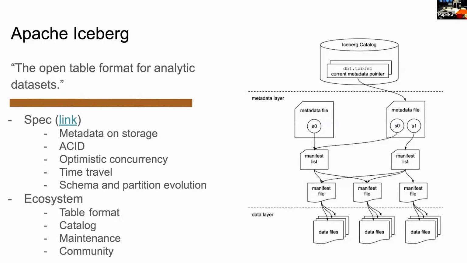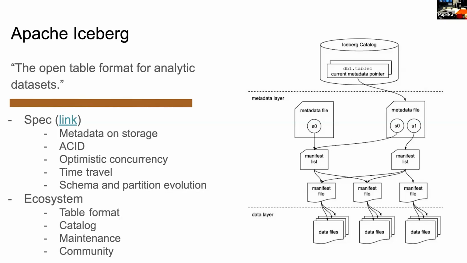Since this is a specification, there are reference implementations. The one that most closely follows the specification is the Java implementation, but there are other languages as well. But if you come from another angle, we can say that Iceberg is an ecosystem. It can be a specification, it can be implementations. There is a concept of catalogs, but you can also have a lot of applications that are responsible for, let's say, keeping your tables healthy, like table maintenance. And it's not just that. As the Apache way says, community over code. So we talk about code, but the community is also very important, and Iceberg has a very vibrant community.